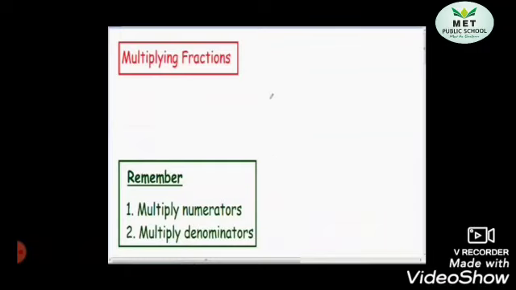So let us take one more example for multiplying fractions. Minus 1 by 2 into 3 by 5. Don't forget that the negative symbol is there. So first step, you will be multiplying the numerators and then you will be multiplying the denominators. Always remember, whenever a negative symbol is there in the middle, as in minus 1 by 2, it is considered to be in the numerator. If you have the negative symbol in the middle of the fraction, you consider it part of the numerator itself.